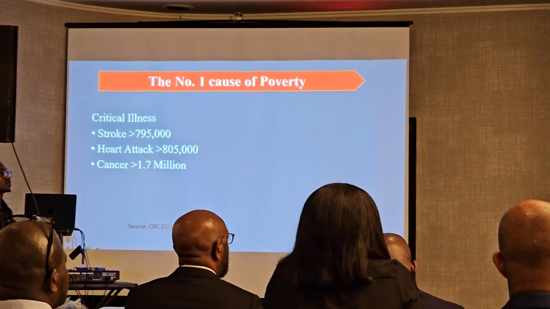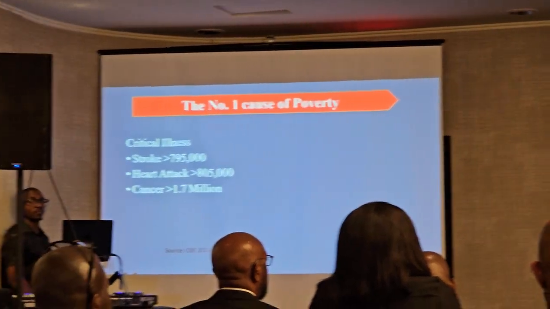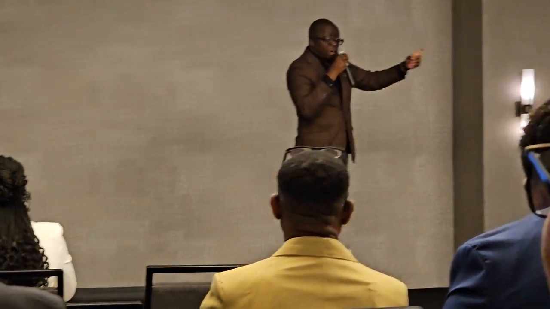The big question is this: if illness is so prevalent like this, we're seeing a lot of young people getting heart attacks and all this stuff, what is your plan B? God forbid you get sick and you cannot work. You can't go to that job to clock in for the next 6 months. God forbid you cannot go to your job for the next 1 year, for the next 5 years. What is your plan B?